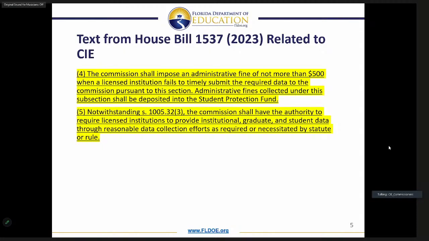This authorization is notwithstanding Section 1005.323, relating to documentation that CIE can request from institutions licensed by means of accreditation. Commission staff are interested in any suggestions or recommended rule language that properly balance the statutory collection and reporting requirements with any potential burdens imposed upon licensed institutions.